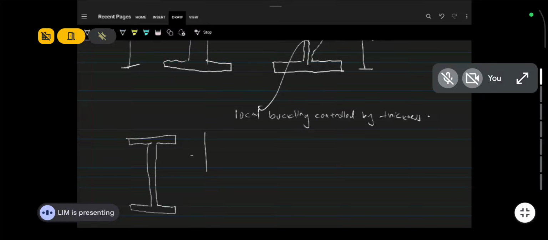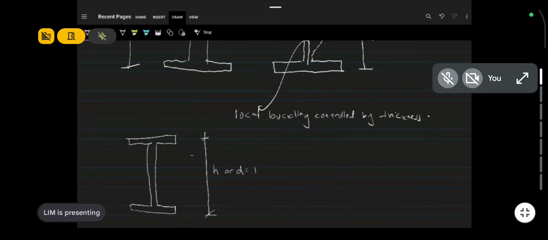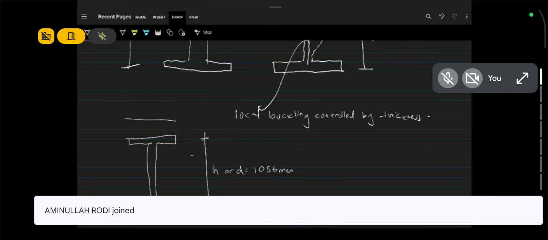So the height, or the depth, it doesn't matter, it means the same thing, is 1056, guys. Yeah, 1056. The width